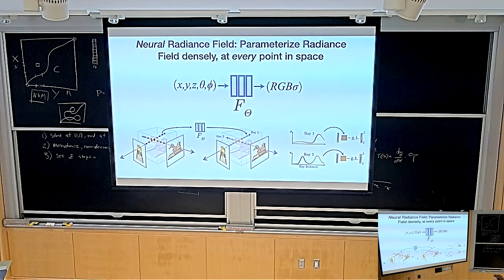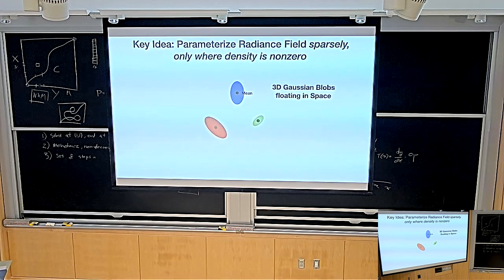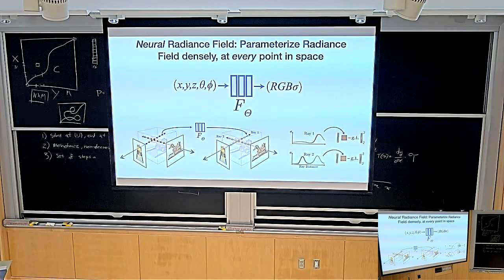Okay, so what's the key idea? The key idea is to say, well, what does a neural radiance field do? Or a voxel grid, it doesn't really matter. It takes a 3D coordinate and maps it to an RGB alpha component, and does that at every point in space. You're storing information for every point in space, including all of the empty parts of space, right? Which means that in this room, for instance, there's all of this empty space, and you're storing information for the empty spot. But not only are you storing information, you're also always traversing that when you do rendering, right?